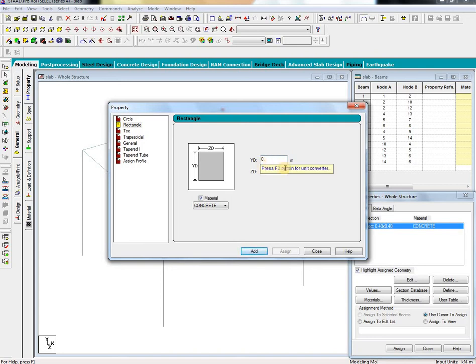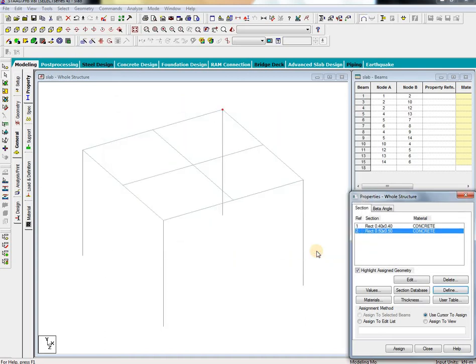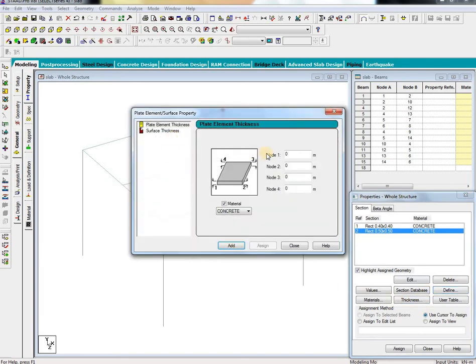The column will be 0.5 cross 0.5, add, close, and then slab thickness using 120 mm, so 0.12 meter and material is concrete, add, close.